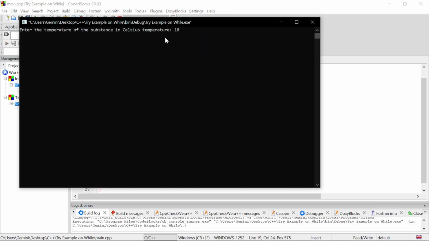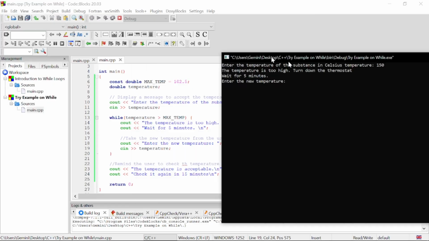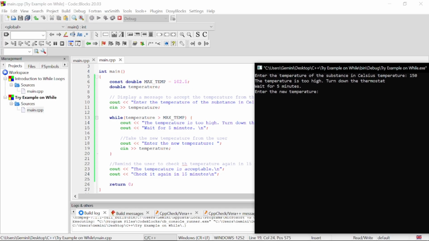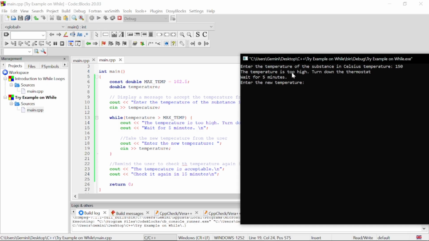So we can do 150. All right, 150 is greater than the maximum temperature, right? So we enter into the statement of the while loop. Then we execute: the temperature is too high, turn down thermostat, wait for 5 minutes, then enter the new temperature after they wait for 5 minutes, right? So they can run this again, and let's say this time around the temperature is 130,